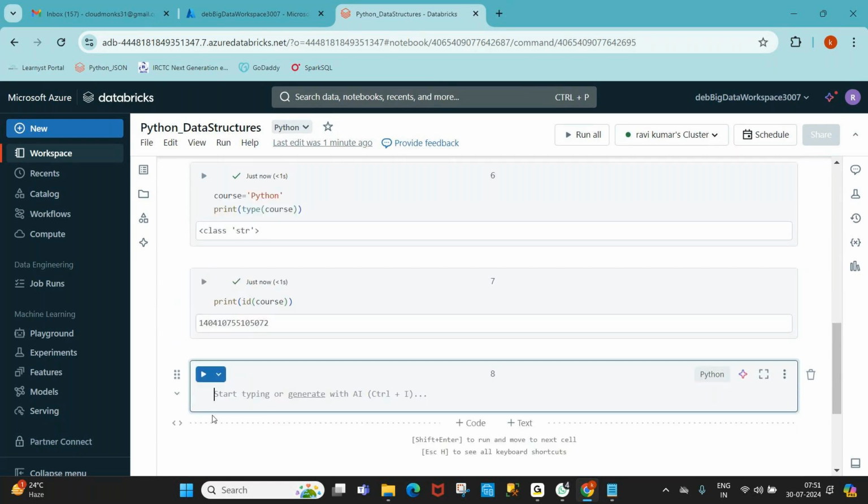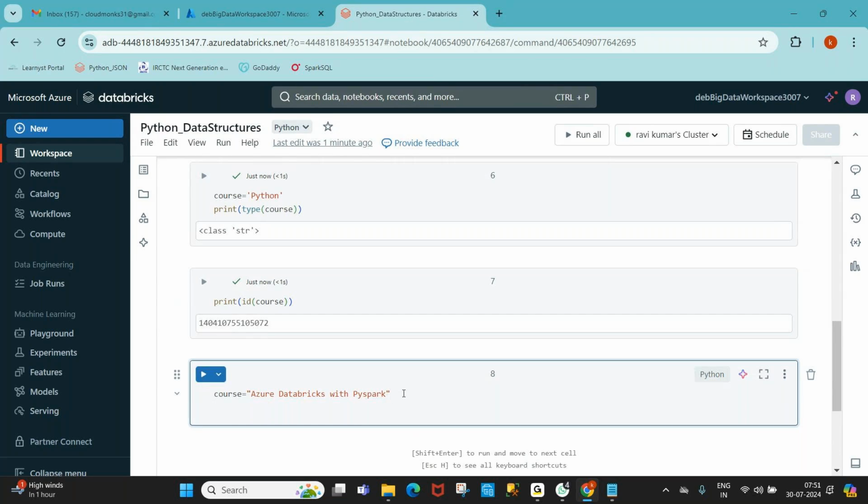Same thing. Course equal to, this time I'm giving Azure Databricks within single quotes or double quotes, your wish. Azure Databricks with PySpark, our main course title. You can also give double quotes, guys, not an issue. Now see, the variable name is the same.